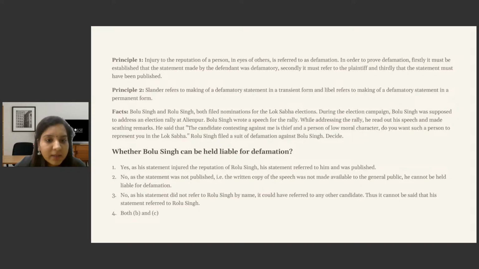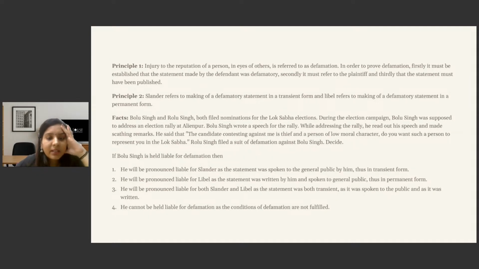Okay, so the answer is going to be here: yes, the statement that was said by Bolu Singh was directly harming the reputation of Rolu Singh. So it would amount to defamation for sure. The next has the same